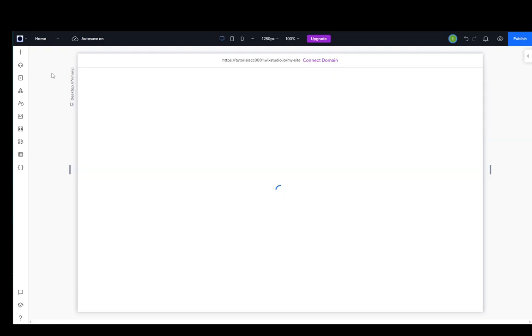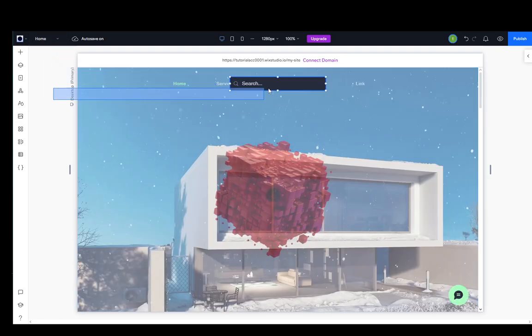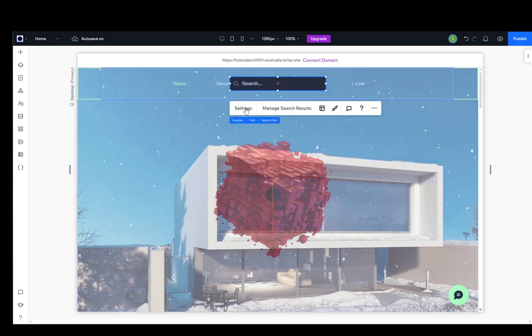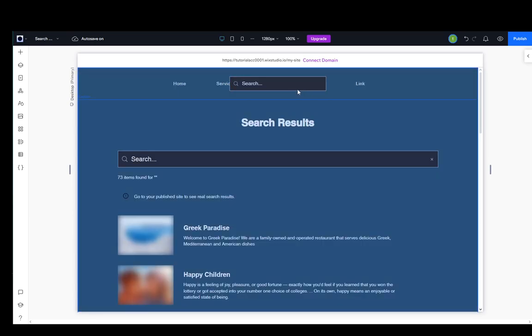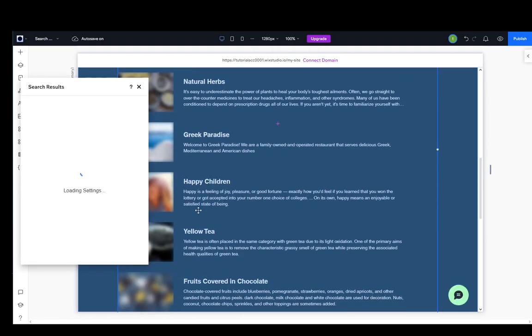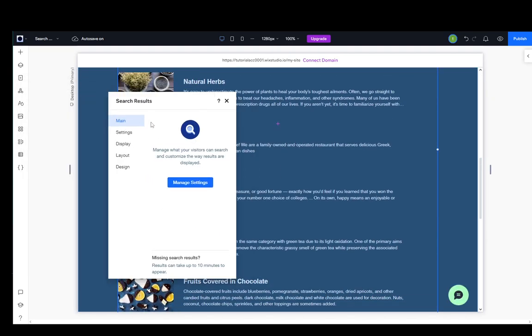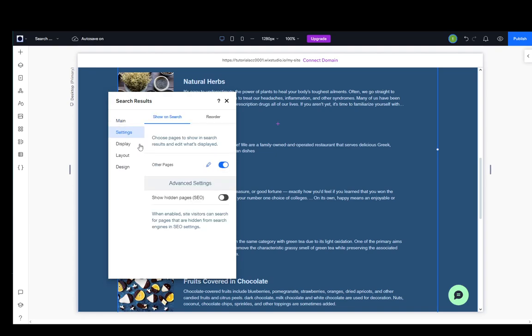You can also edit what the search will show, and I'm pretty sure you can do that by clicking the search bar as well as the search page. As you can see, you can go to settings, you can manage search results from here, and you will be taken to the page, and you'll get this search results pop-up